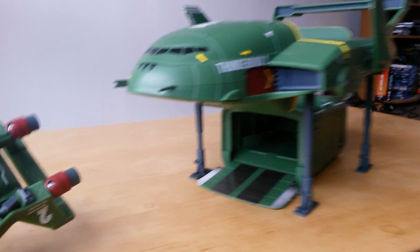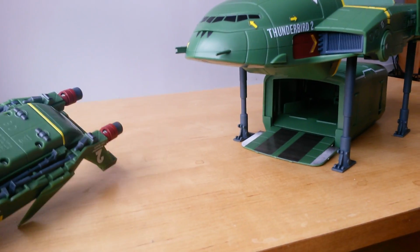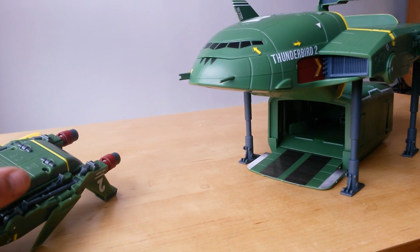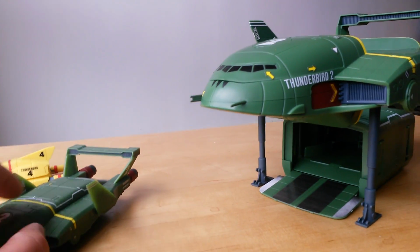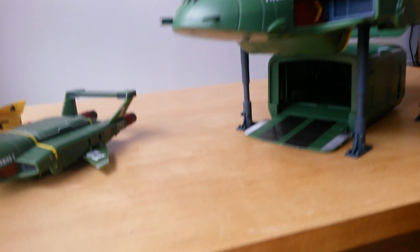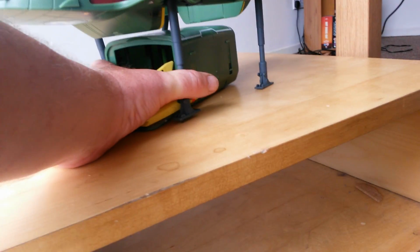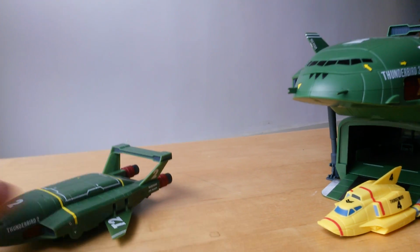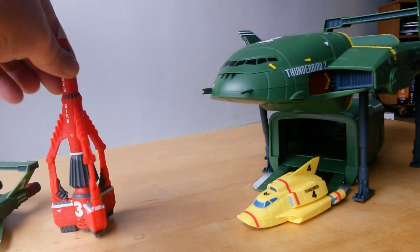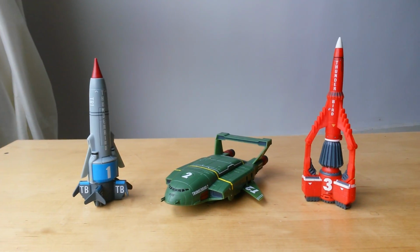Oh, to put the legs away, you just manually fold them up. You don't press the button. They don't automatically retract like in the big one. Well, when it works, it tries to. Okay, so I'll put that away. Put it over there. So that's 1, 2, and 3. So that has been